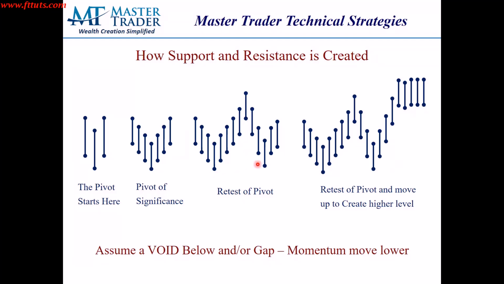And here we have a retest, which creates a larger area. And here is a retest and a move up, which is creating a higher area, which is bullish. And so we have an initial formation of a reference point, and then a retest, which makes it more significant. And then as prices move up, the void concept that we spoke about, and prices begin to move sideways, it's now creating a higher level of support. And we recognize that as being very bullish, and it can form a continuation pattern where we would be buying